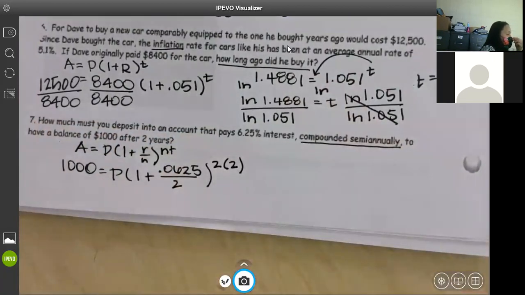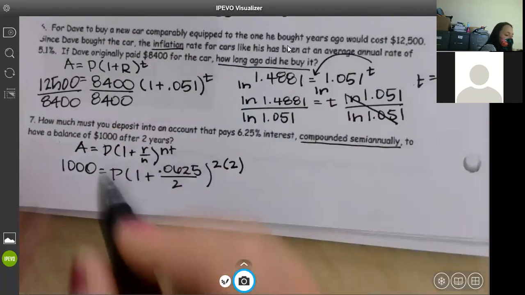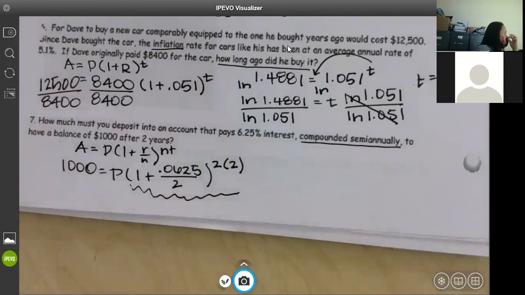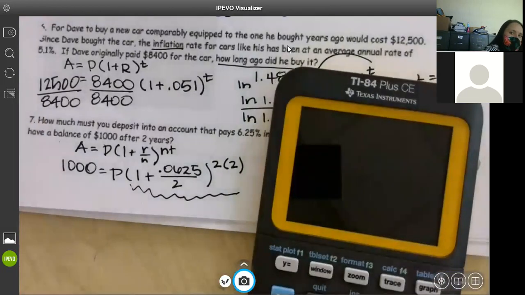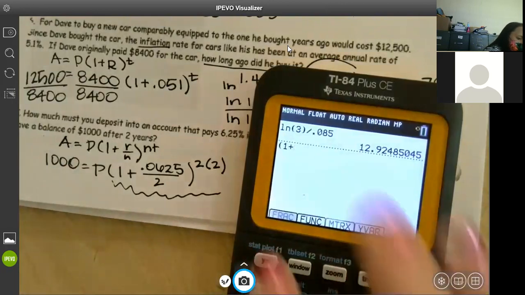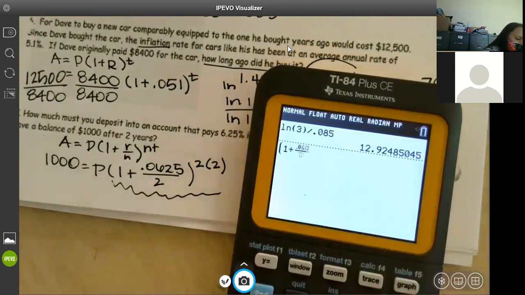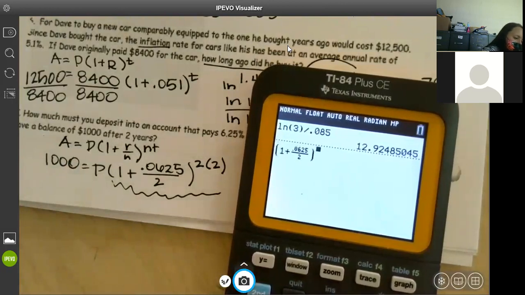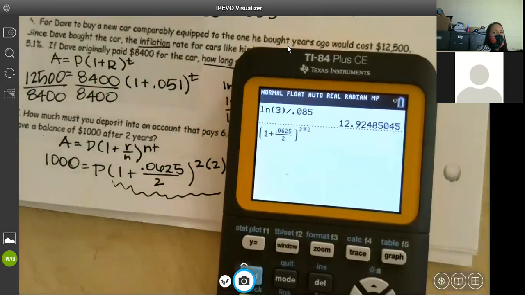2, right? Don't let this problem fool you. All of this will go in your calculator. It's not like the other one. I don't have e. I don't have that power that I'm trying to get down. It's just a normal decimal. So I'm going to put it in my calculator. Parenthesis 1 plus 0.0625 over 2. Close your parentheses. To 2 times 2. You could have put 4 in there and that's fine. And I get